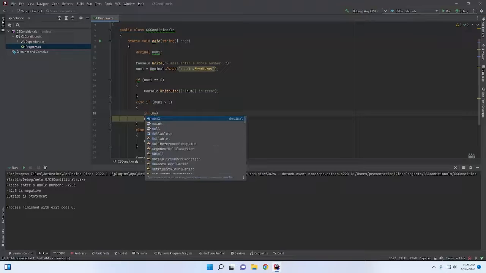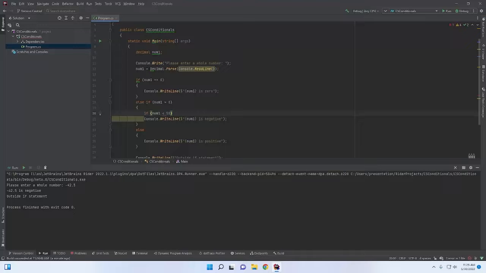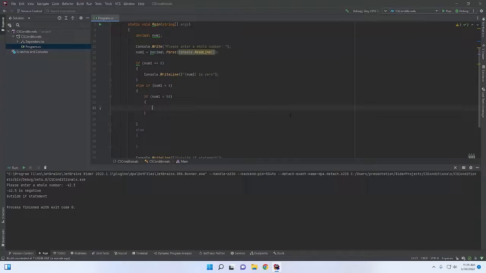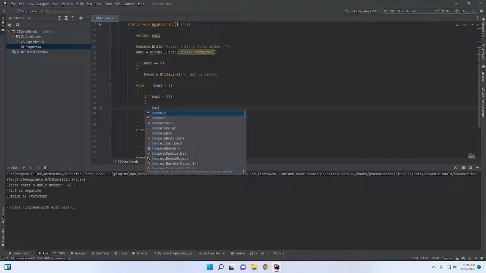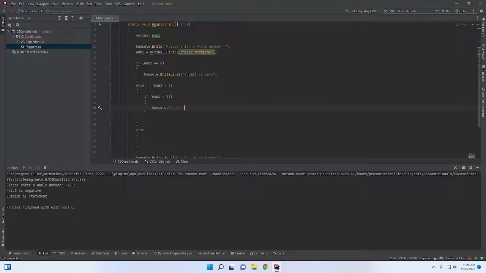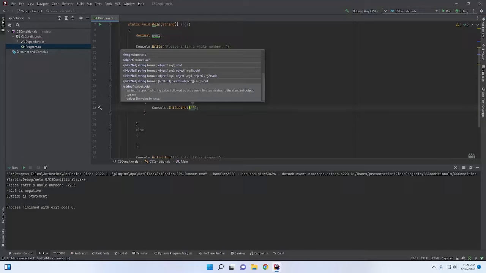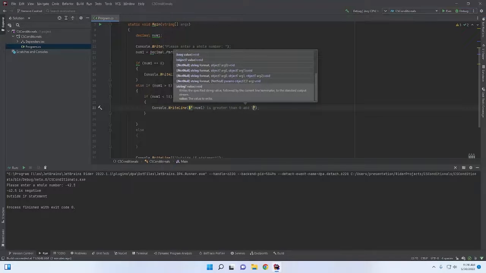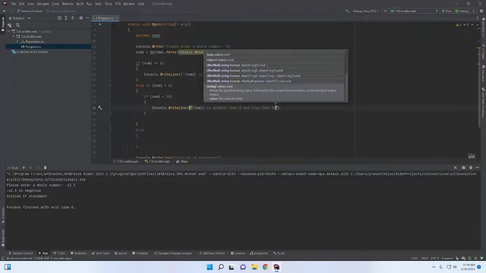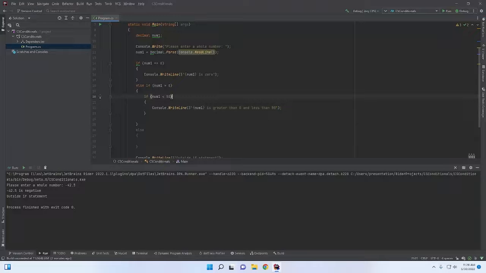We can say if num1 is less than 50, then let's get rid of this. Let me get rid of that for now. Then we can print out Console.WriteLine: num1 is greater than 0 and less than 50. So if it is greater than 0, and then if it is less than 50,